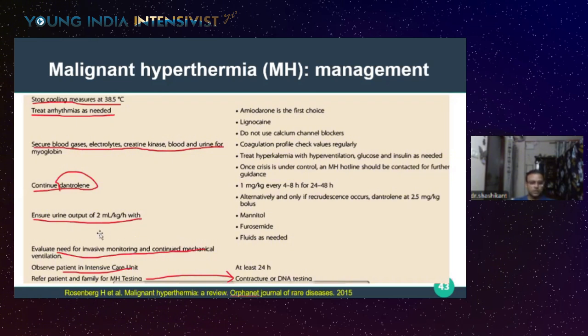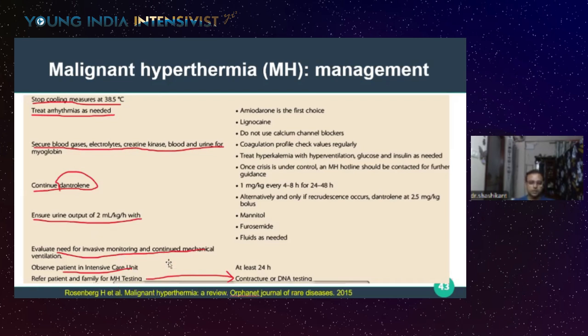We need to evaluate whether there is a need for invasive monitoring or continued mechanical ventilation or not. In the intensive care unit, observe the patient at least for 24 hours, but preferably for 48 to 72 hours. And once MH has been established, we need to evaluate the patients and their family in future,